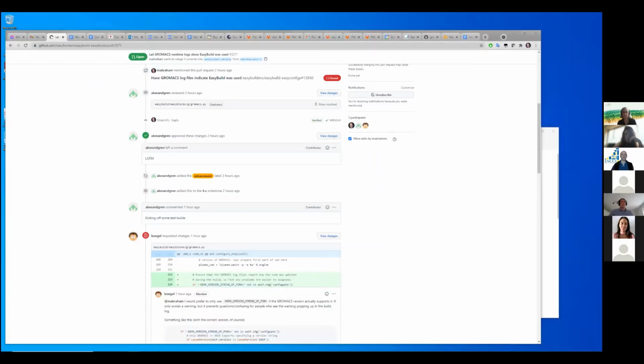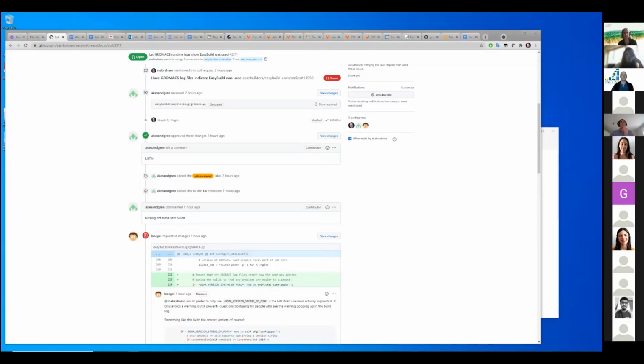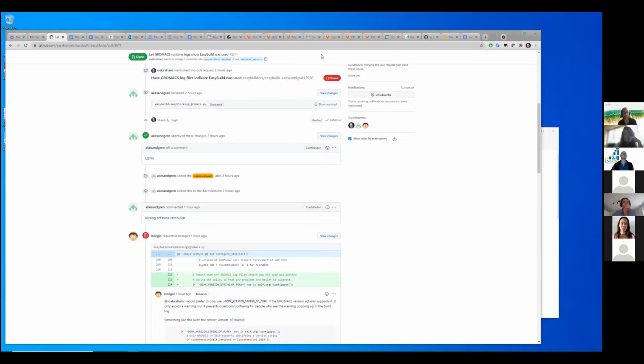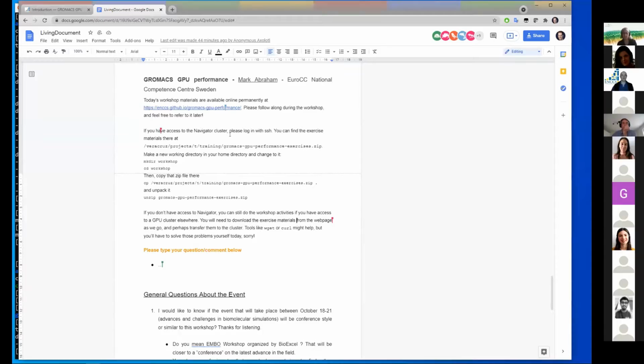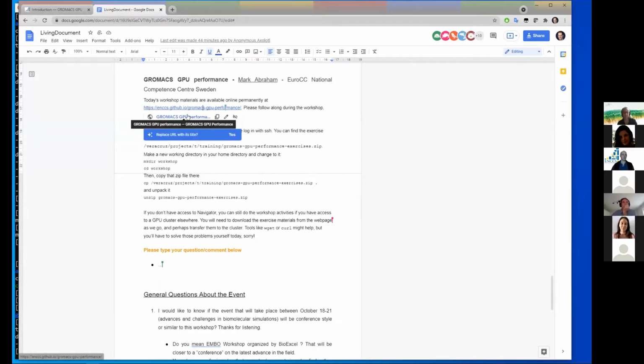So in the living document, if you scroll down to, no, it's not the right screen. Let's do this one. Right, there we go. If you scroll down, there's a link here, and if you follow that link, you'll be able to follow along the materials as I'm talking. And there will be links there that allow you to